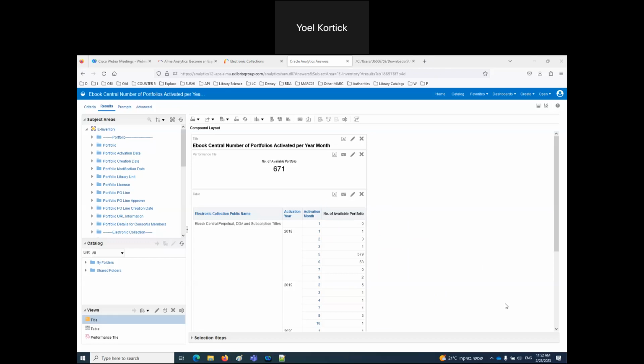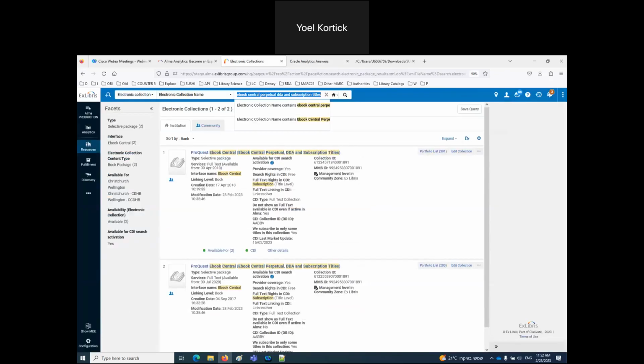Where in acquisitions in Alma do you see all of the Alma loaded files? Load Alma user. I'm not quite sure what you mean by load Alma user, but all of the loaded files can be seen from inside Alma, all of the loaded counter reports. So